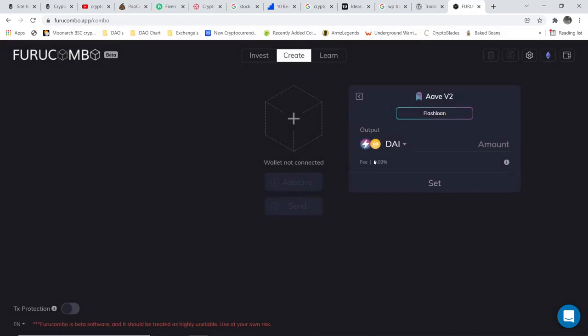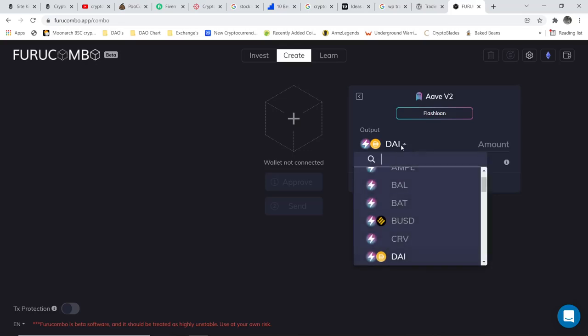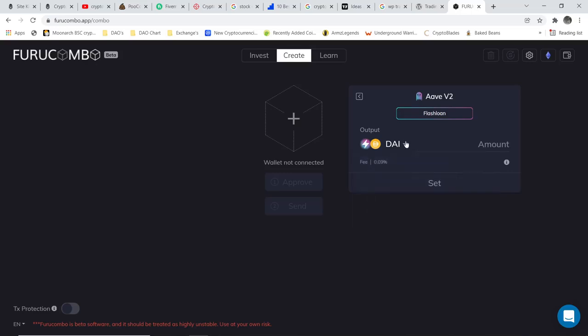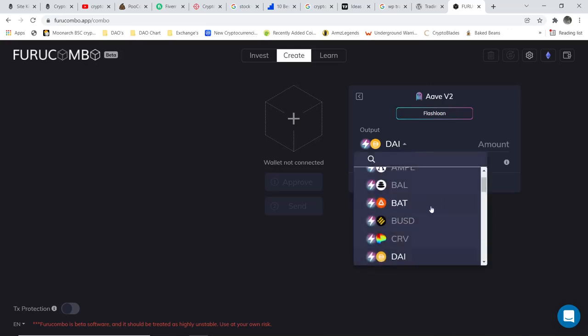So here in the flash loan, we want to pick what coins we want to loan against. And really, to do an arbitrage successfully, you need a volatile market. And the market's been selling off for a while now, and it's not very volatile. So arbitrage isn't very successful in this market, but for this instance we'll say I want to loan